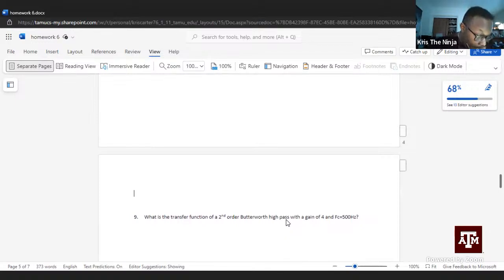So what is the transfer function of a first order high pass filter with a gain of 5 and an FC of 10 kilohertz? A high pass filter is a little bit different than a low pass filter. A high pass filter has poles. Wait, no, no, a high pass filter has zeros. It's still Vout over Vin, but in this case you have Ks over S plus omega C over B, which gives you a transfer function where you have 5S over S plus